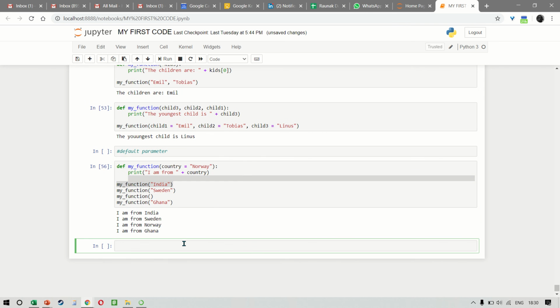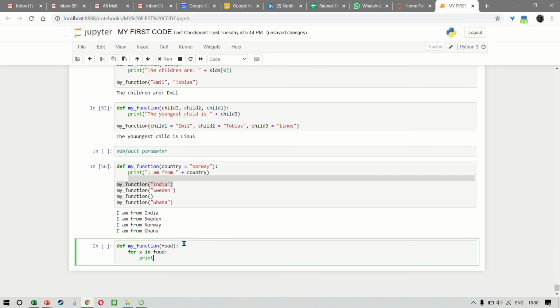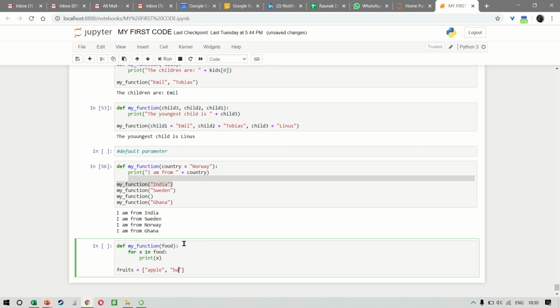All right. So we can also pass a list as an argument. So we can say def my_function and food. And we say that for x in food, we want to print x, and then we say that fruits is equal to apple and banana, and then we run my_function fruits.